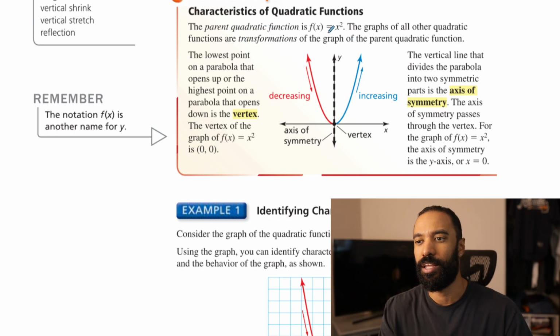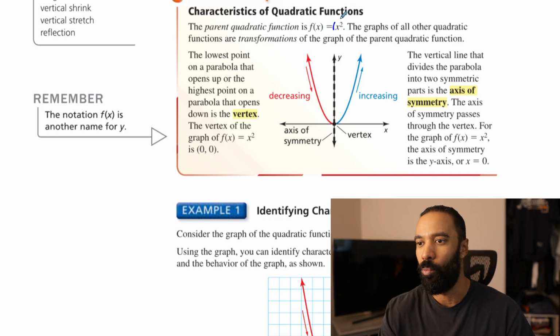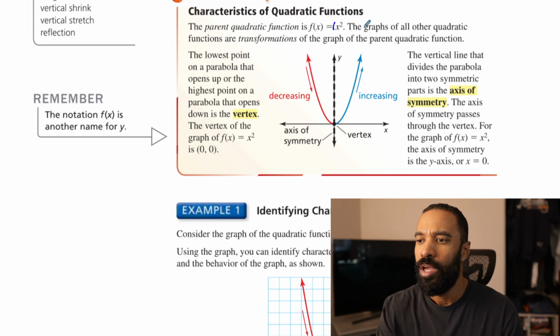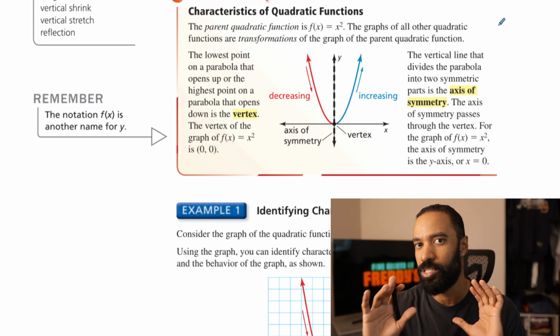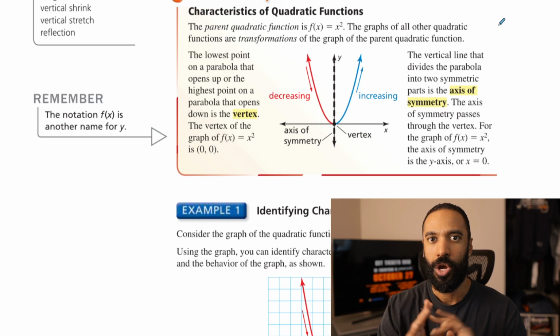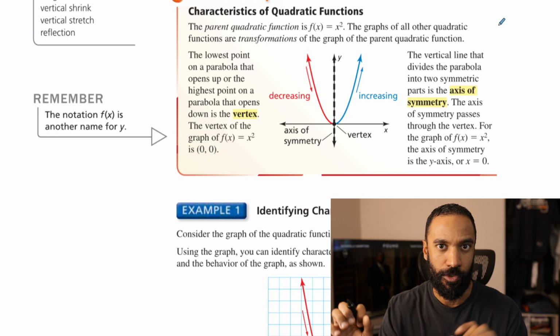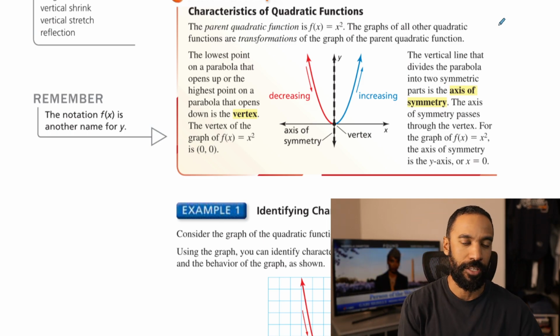The parent quadratic function is f of x equals x squared. Notice that the a value is now just 1x squared, so no transformations on that, and a positive one at that. The graphs of all the quadratic functions are transformations of the graph of the parent quadratic function. So anything else that is an x squared function where it's not a is 1, b is 0, c is 0, is considered to be transformed,